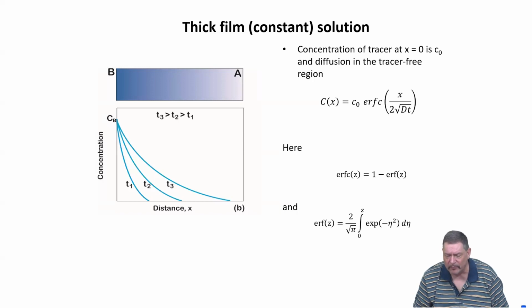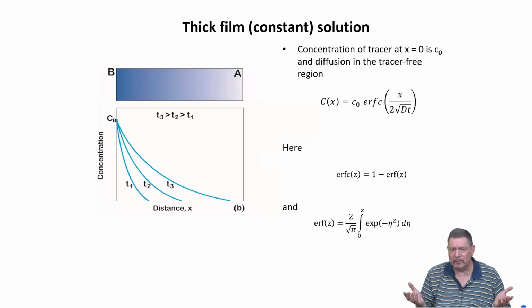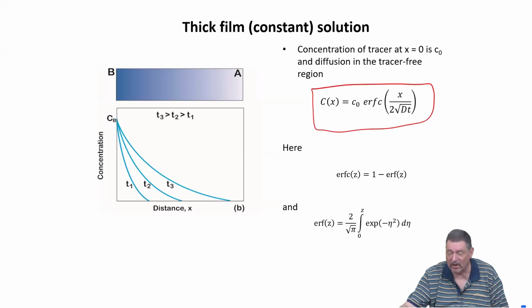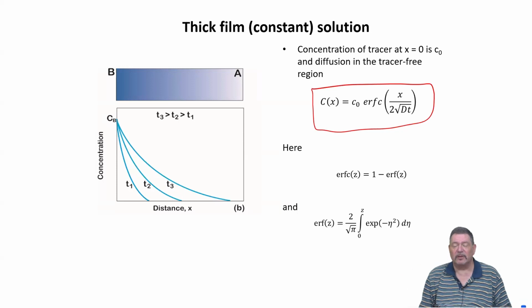Then the boundary conditions obviously are different for solving the partial differential equation, giving rise to the error function solution, which is indicated here. And you can see, again, we know the time and all other things, so we can get the diffusivity out of it. But the concentration profile looks really different, right?